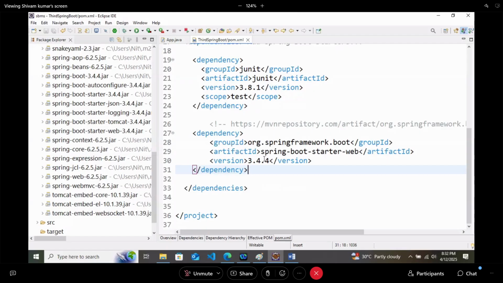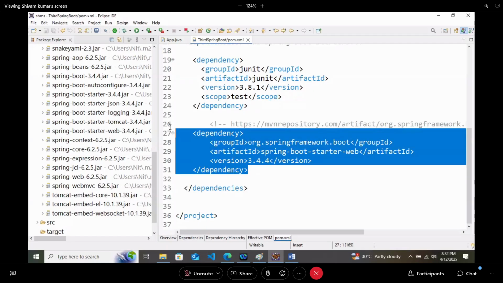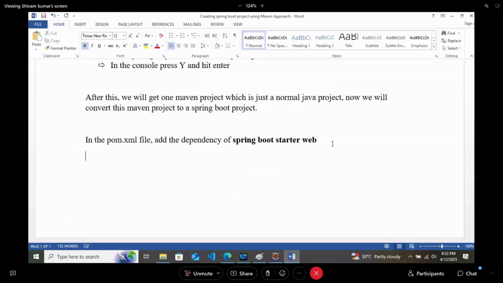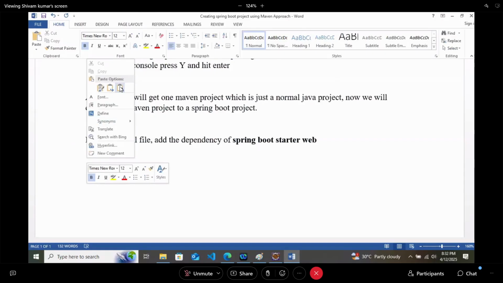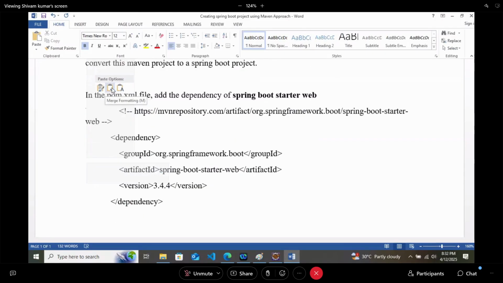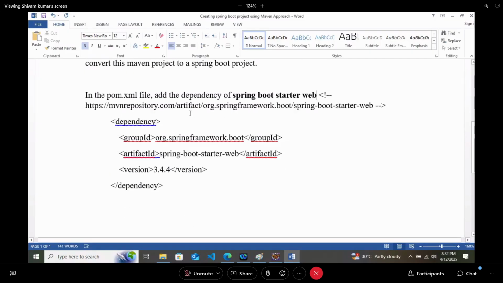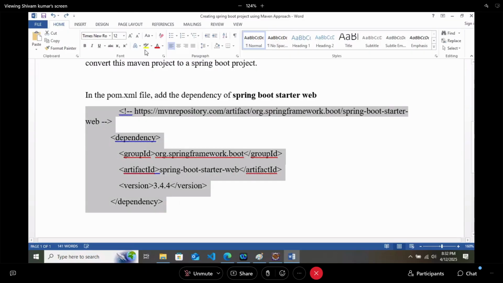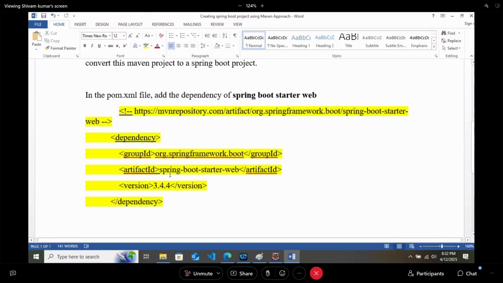But when you are adding this dependency, even in the notes I am giving it to you, so that you do not have any confusion. So this is the dependency. You can copy paste it from this also, or you can go to the website.